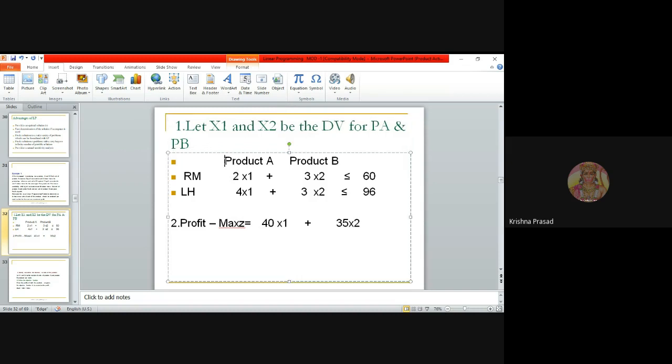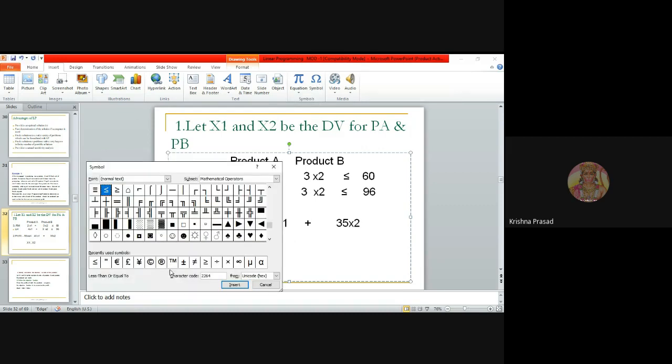And what is the third step which you are going to be having? The third step is the constraints. What are the constraints which you are having? The third step constraints are raw material and labor hours. And what is the fourth step which you are having? Your variables x1 and x2 are non-negative variables. So x1, x2 are greater than or equal to, what you are going to be writing? Greater than or equal to, because less than means it is going to be